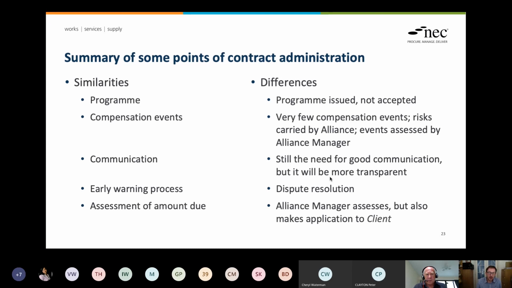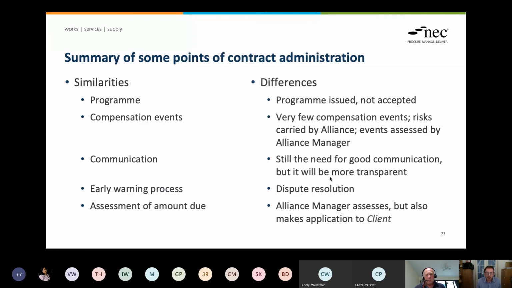Communications, I think, is no different really in principle to any other NEC contract. We've got to have a clear, robust communication mechanism to deal with all the contractual communications like any other contract. Dispute resolution, of course, is a little bit different here, as we've just talked about from other contracts. But again, it reflects the collaborative nature of the contract in terms of the alliance board seeking to resolve